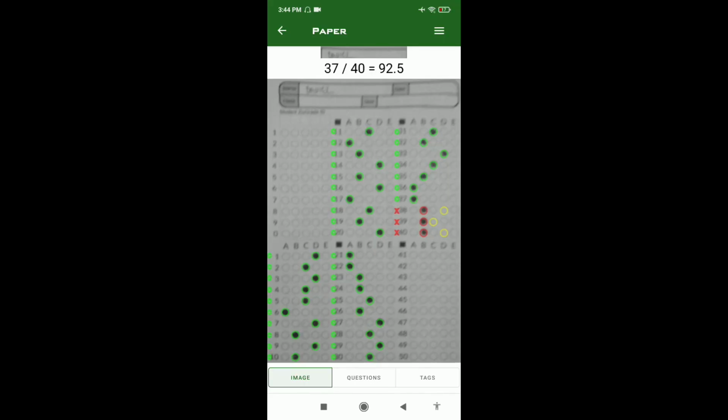I have been using this app for one year, and my experience with this app is really good. In case you are wondering whether this app will work 100% accurately, I would say yes.